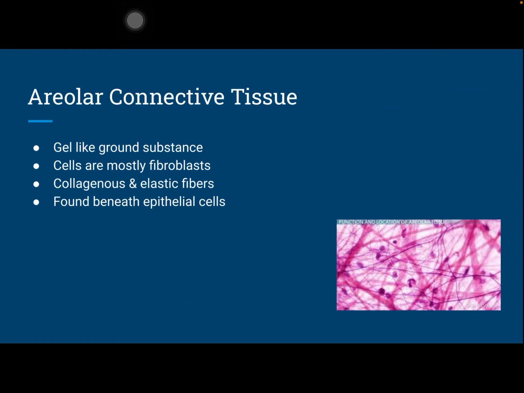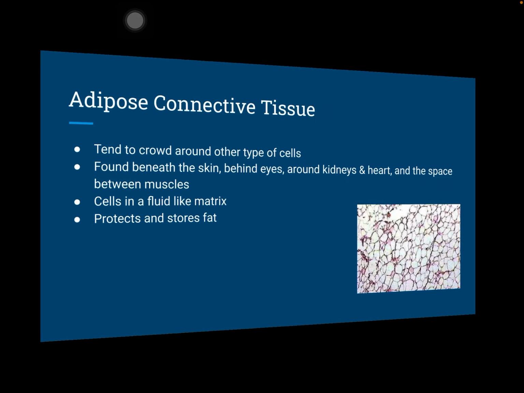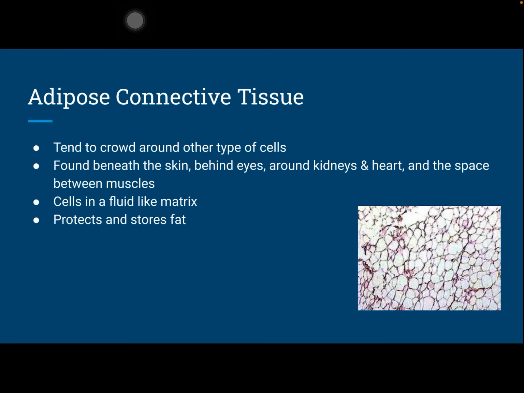First, in our first group of proper, we have areolar connective tissue, which is a gel-like ground substance. Cells are mostly fibroblasts, collagenous, and elastic fibers. These are found beneath the epithelial cells. Adipose connective tissue is also part of our proper. All the ones that are part of our proper will have a blue background, and we'll get to the specialized